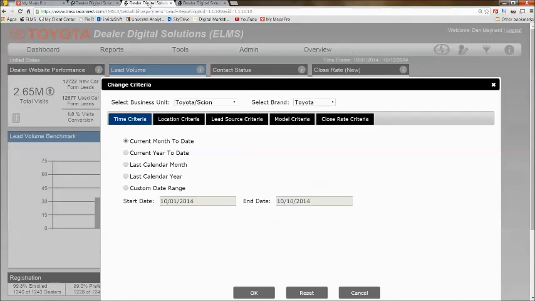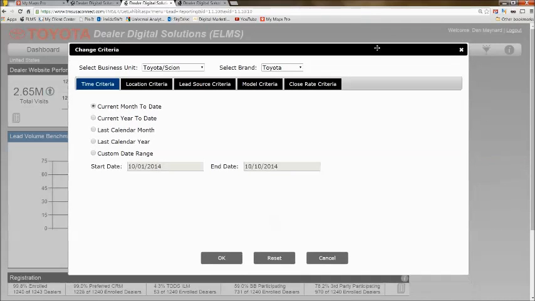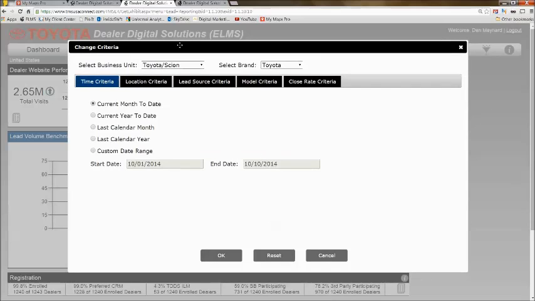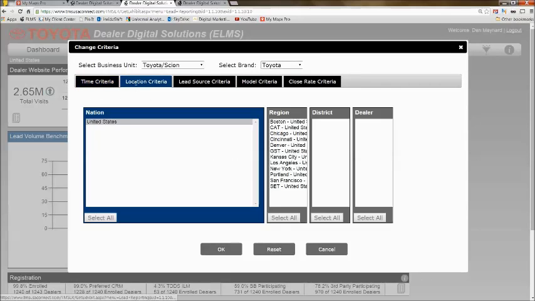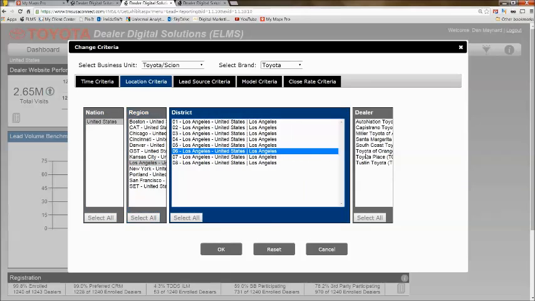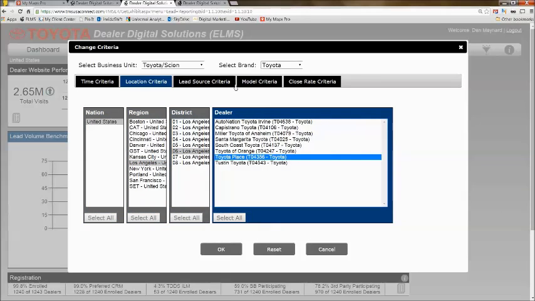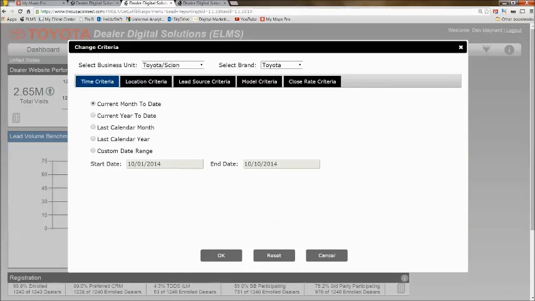and by the way, I'm just tabbing through this so you don't have to wait for the actual website to load up itself. Go into the filter option, get down into your dealership. For this particular example, I'm going to use Toyota Place in California. And the only other criteria we need to put in there is your time criteria. I'm doing this demo in October of 2014, and so I'm going to just choose current year